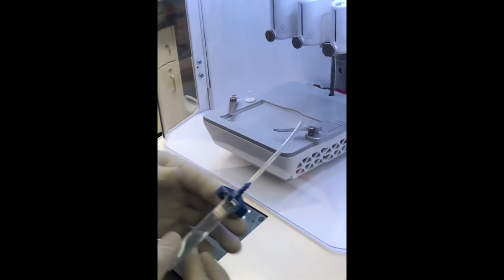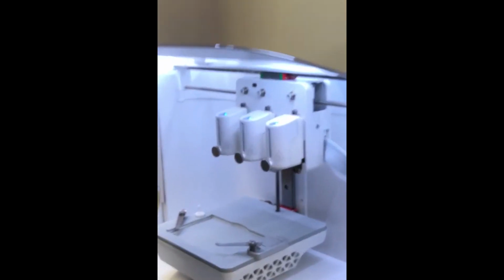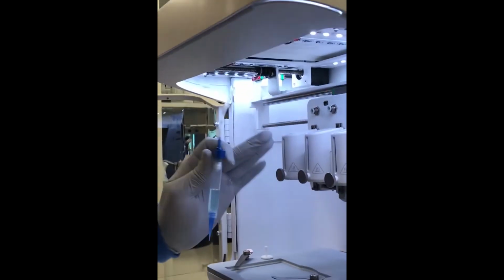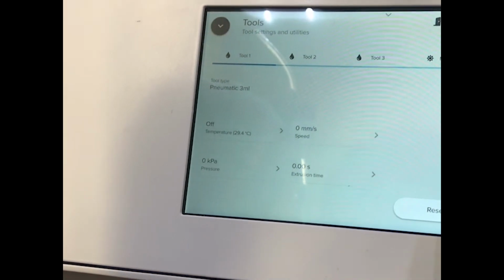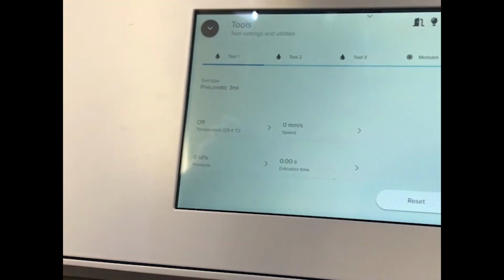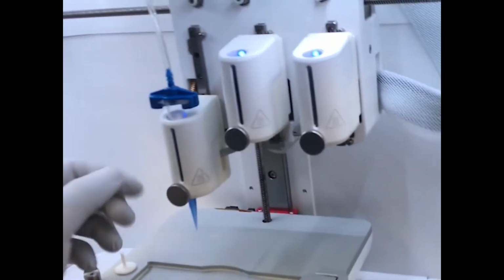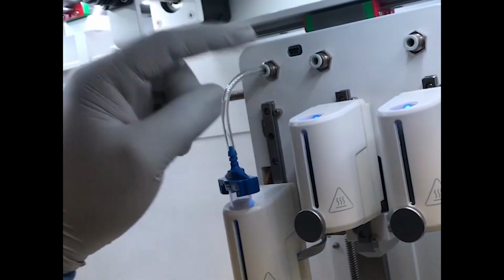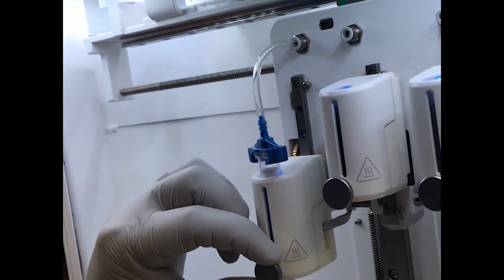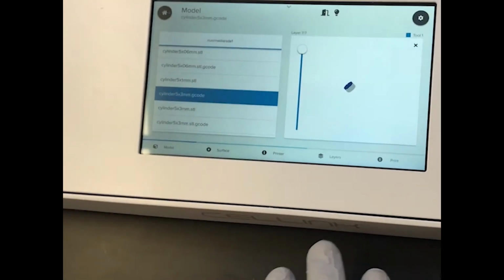So from here, you would load it onto one of the print heads. To do that, you have to lower the print head by clicking tools here, and then clicking the down button, and you can see that it brought down the print head. Here you're just attaching it to where it pushes the air through, and tightening the screw to make sure it's stable. And then going back here,